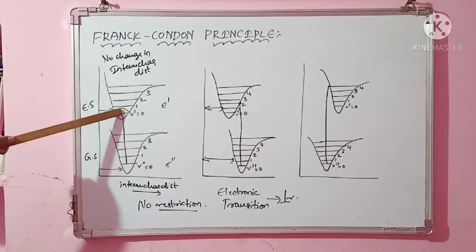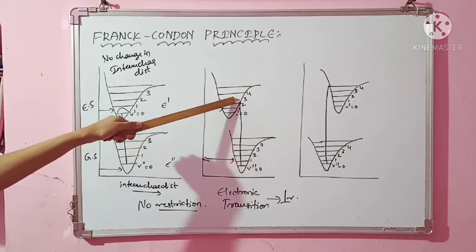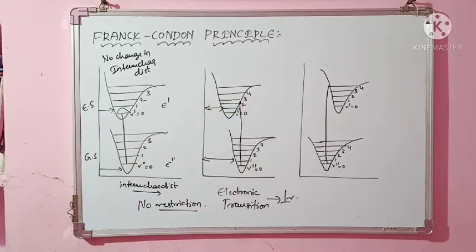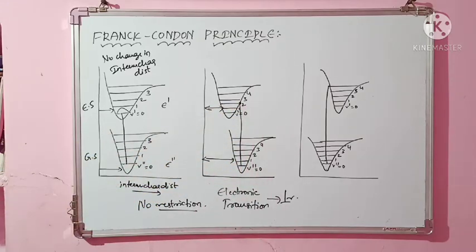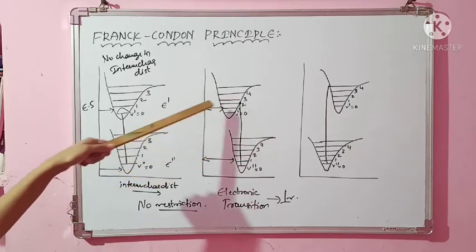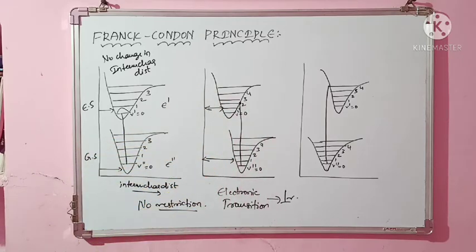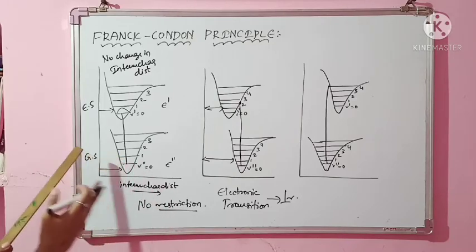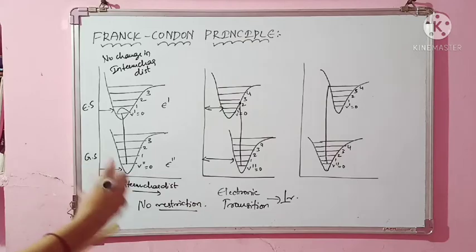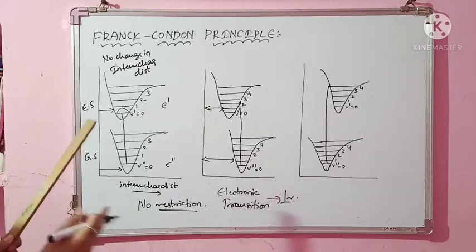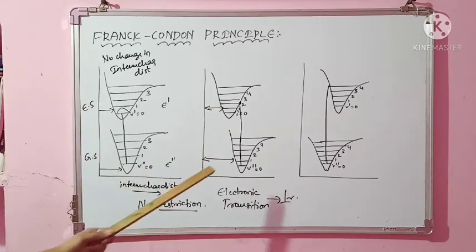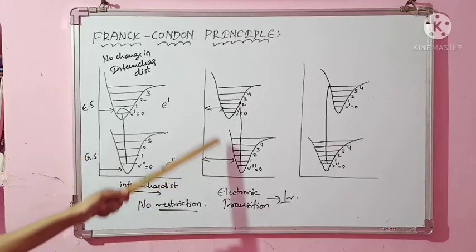Here the probability was at the center. Here you can see the probability of finding that atom will be here, so maximum probability is there. You have just now learned this, the same I am talking about. So here the probability is here, and I have undergone a transition here. But you can observe that the internuclear distance has decreased. Can you agree this case is possible? Definitely this is not possible either. Why? Because just now we discussed that as your energy increases and electronic transitions take place, it will be vibrating more and more, and the energy will be more and more. The moment the transition takes place, the energy will be high, so your internuclear distance should also increase. But here it is a decreasing case.